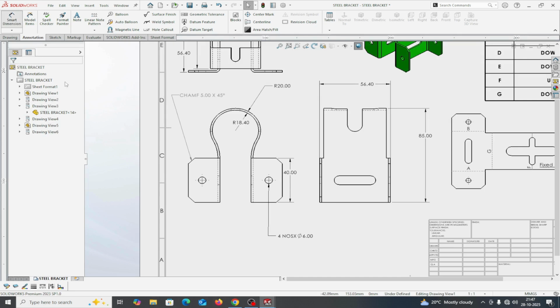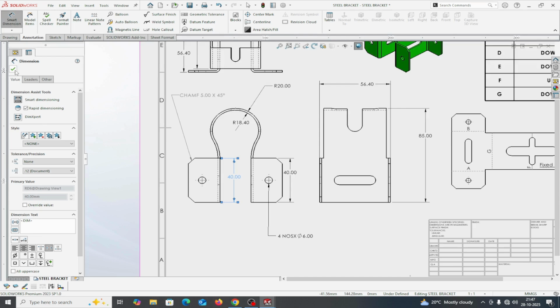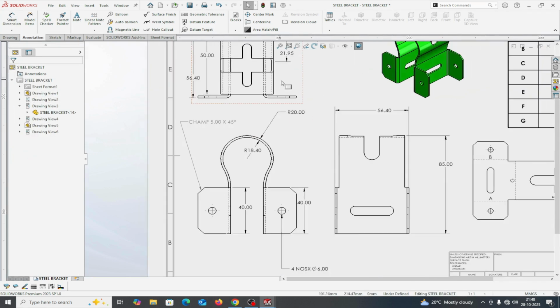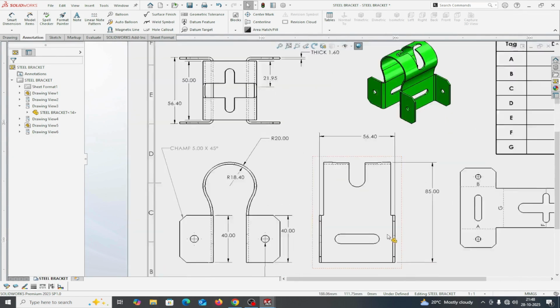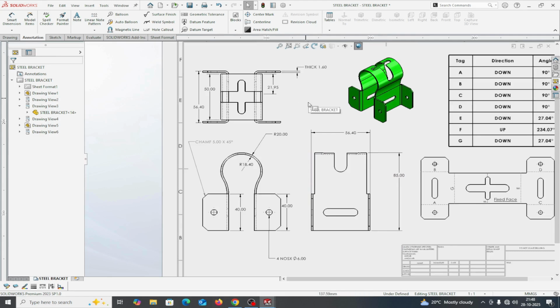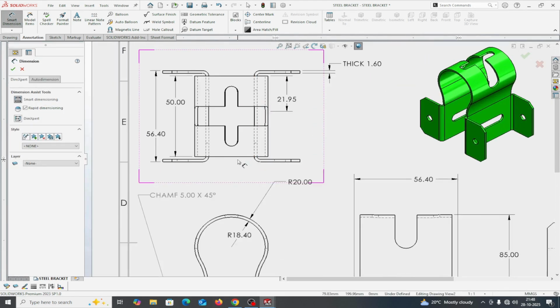You can give also this dimension also. mm. This one you can give. This one sheet thickness, you have already given thickness. See this, give this dimension also. This you can give this dimension also. This one,